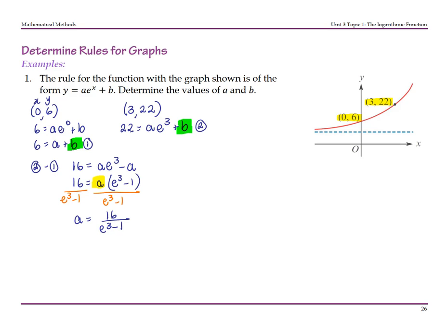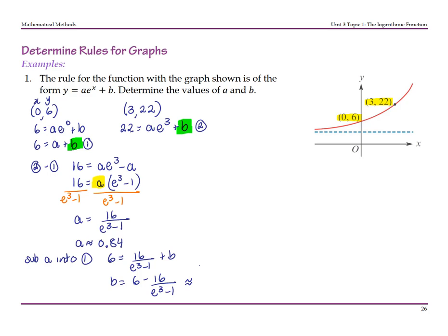Now, if this was tech active, we could go to our calculators and we could work out that that was approximately 0.84. We still need to find b, so sub a into equation 1, which is the easiest one. So if we were doing tech-free, 6 would equal 16 over (e to the 3 minus 1) plus b, and